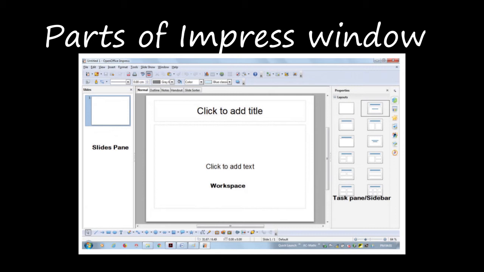Okay, the slide pane contains the thumbnail pictures of the slides in your presentation, in order. If you need to insert them in your slide, it will be helpful, right? So the thumbnails of the pictures will be there, and clicking a slide in this panel selects it and places it in the workspace, right? While it is there, you can apply any changes that are desired to that particular slide.